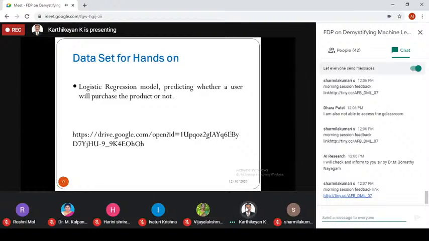They want to do some analysis and prediction of whether this product will be purchased by customers or not. For this example I want to develop the logistic regression model. I will do the demo, and in between I will come back to the presentation to explain some of the concepts we are doing in the